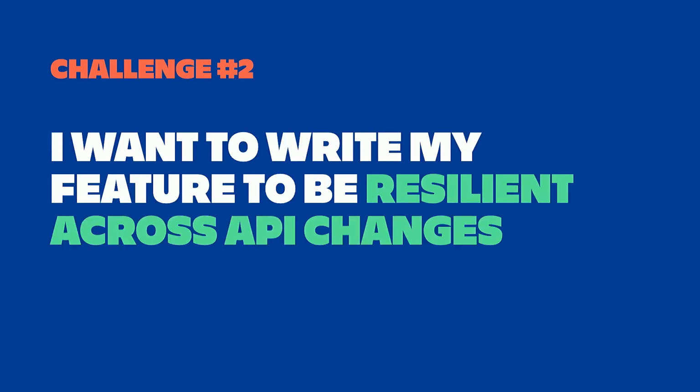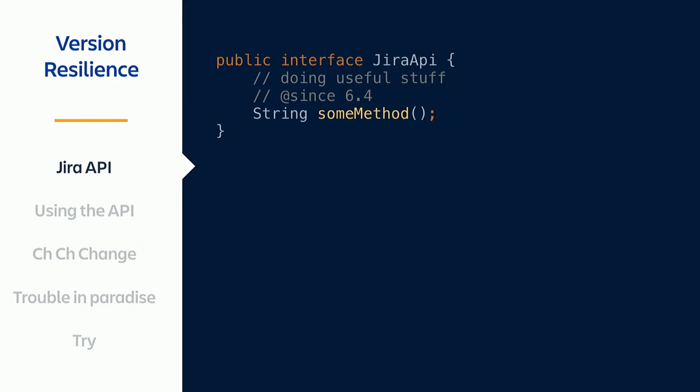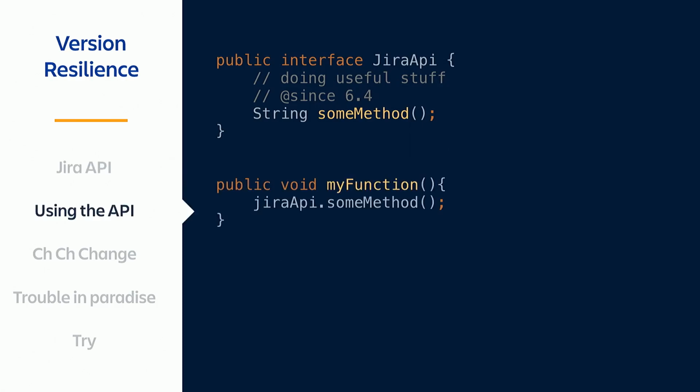Now, let's take a look at the next challenge. I want to write my feature to be resilient across API changes. So what does that mean? Say we have an API provided by Jira API. This has a method, some method. I'm great at naming. You have a function in your application that utilizes some method that is provided by this Jira API. Great, wonderful, your application works,